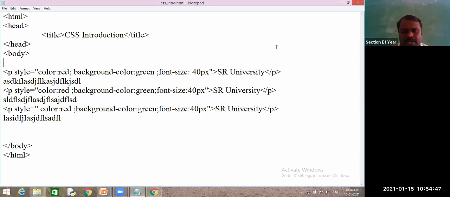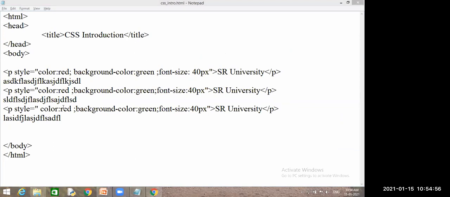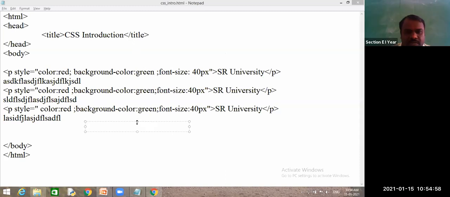Now I will tell you how to write internal. If you want to write internal, you need to know the syntax. First, internal style sheets use the style format.